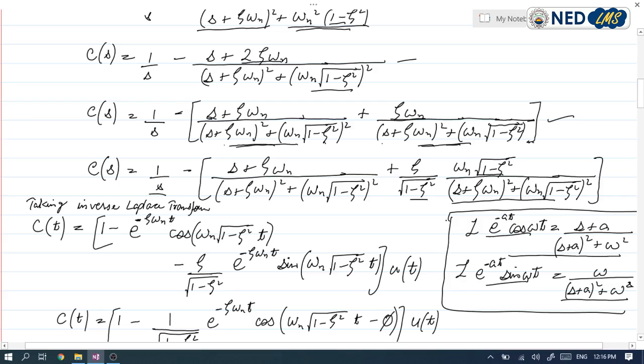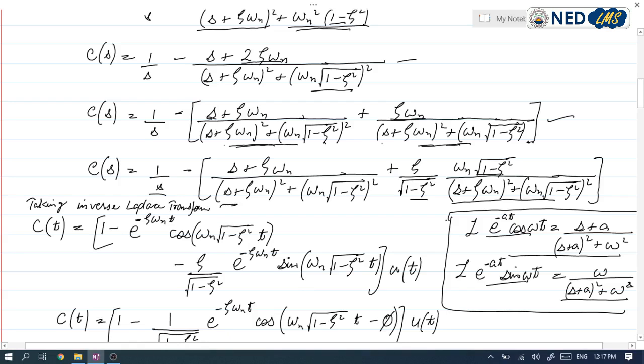After making them in the form to compare with these two formulas, I am taking the inverse Laplace transform